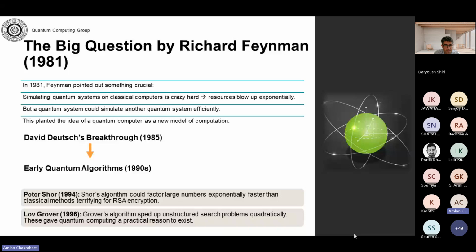Then slowly and steadily, from quantum physics, quantum computing originated, and we had very important algorithms, which are the breakthroughs: David Deutsch, Lov Grover, Richard Jozsa, Peter Shor, they all came up with the